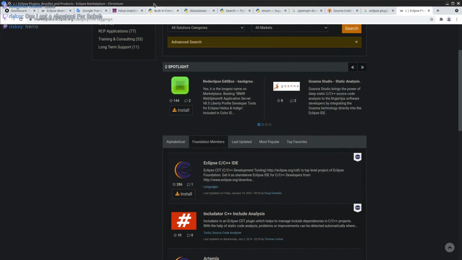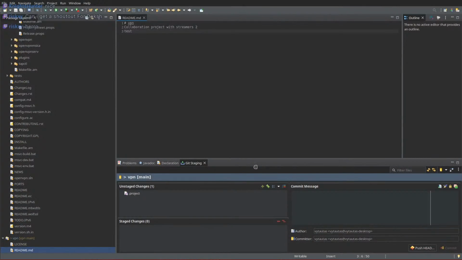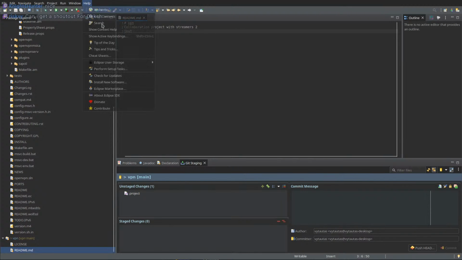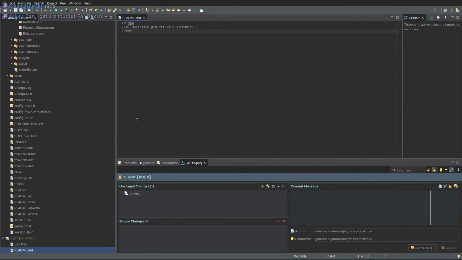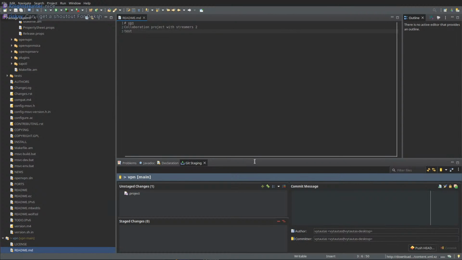Right, so I guess I'll just install this one. To install, you can just drag it to Eclipse. Yes, like this. Let's try that again.